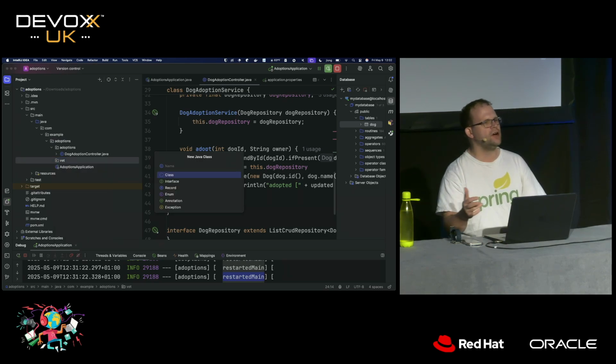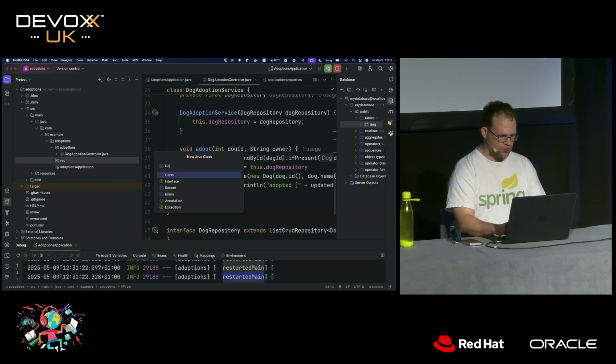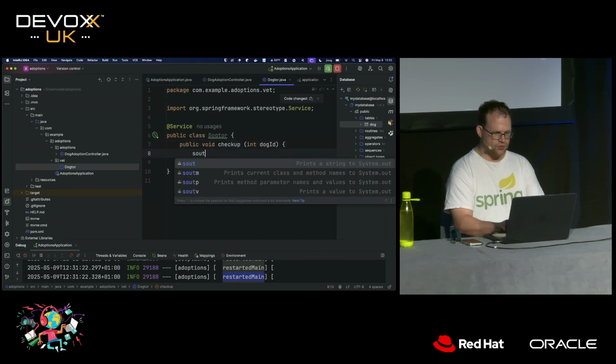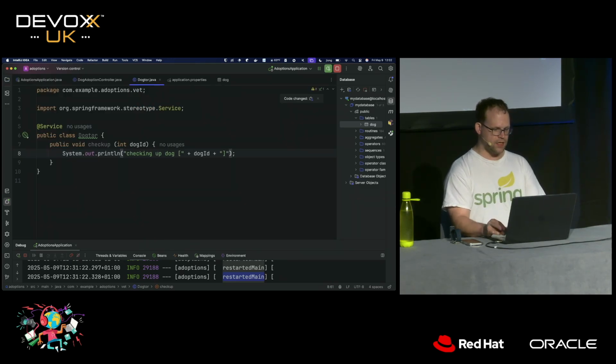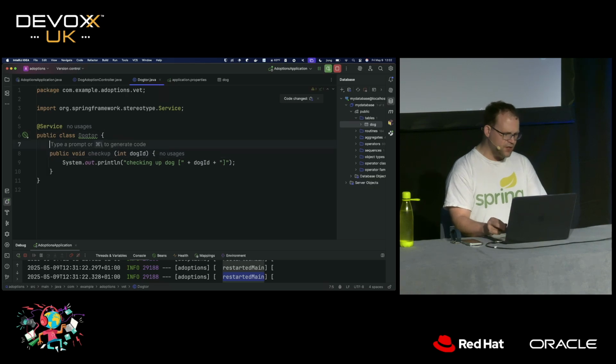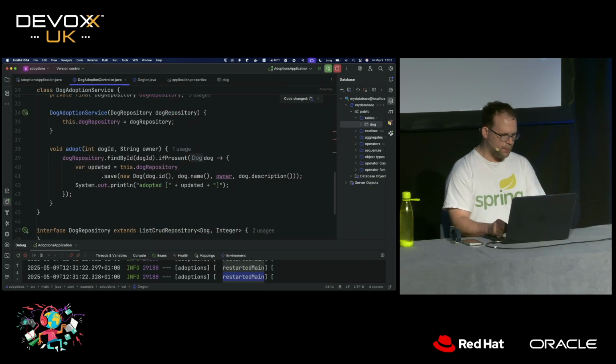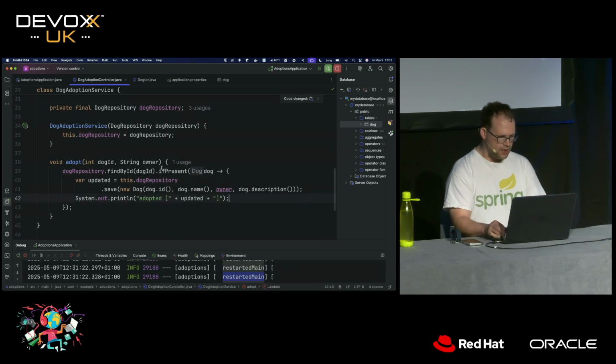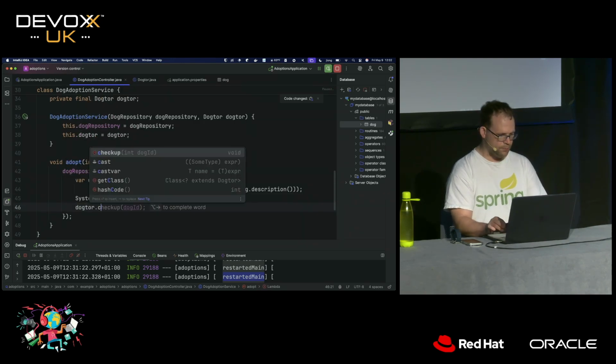And remember, a veterinarian is a doctor for dogs, so we shall call this DogTor. Okay. Now, add a service, and you can imagine public void checkup, int dogId, checking up on dogId. Okay, and you can imagine how that might go. I might, for example, inject into my method here my service. I can imagine injecting the checkup method and doing that.